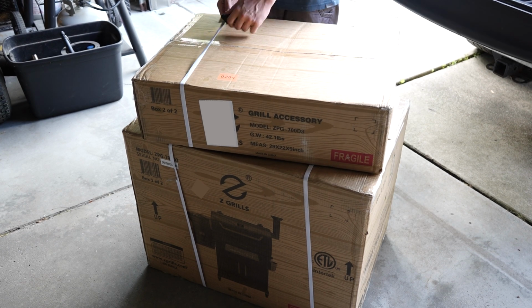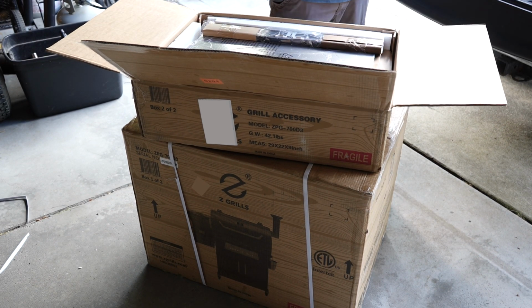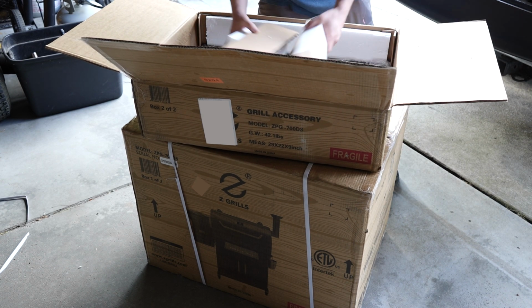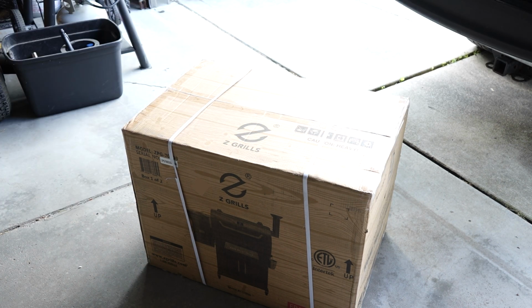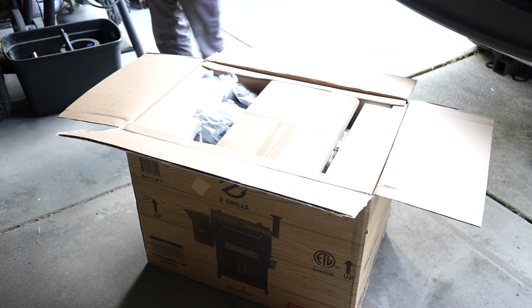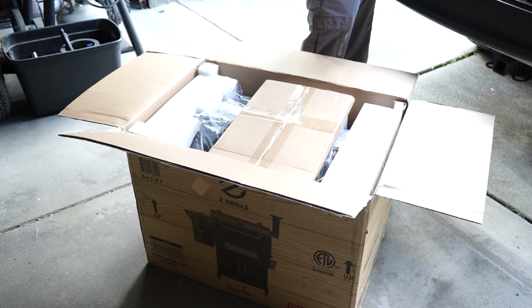I recently acquired a new Z-Grills 700D3 pellet smoker. It arrived in these two boxes, the larger of the two being incredibly heavy. The whole thing comes massively disassembled, which means I gotta put it all together. It's a relatively straightforward assembly, but there are a ton of parts and a bunch of steps. So in this video, I'm gonna go step by step through the entire assembly, as well as the initial startup